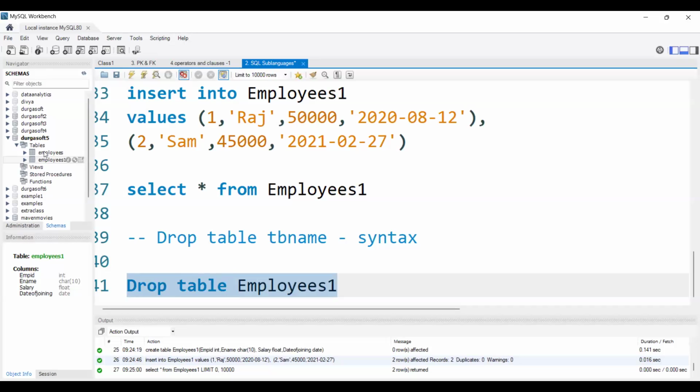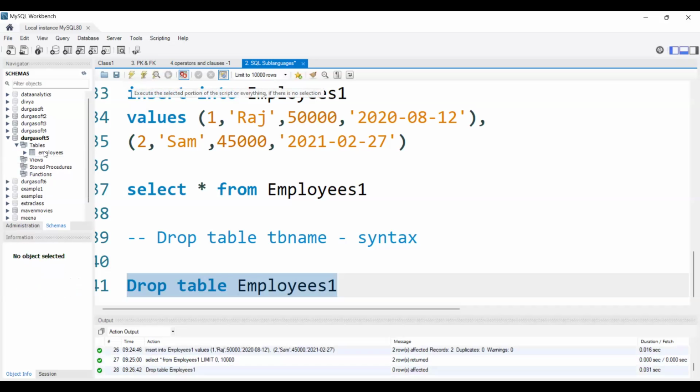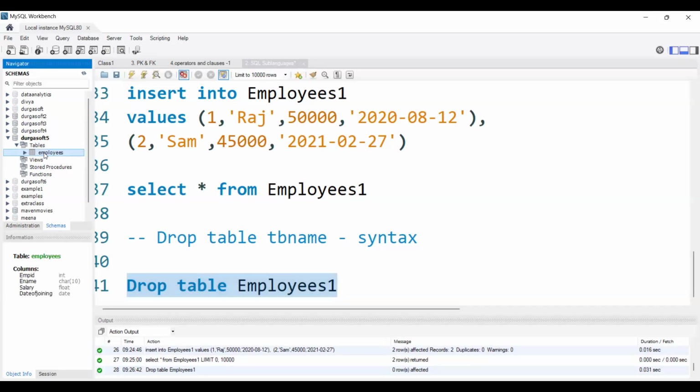Okay, before executing we have two tables here, employees and employees one. I selected and I'm executing. Okay, if you can see, employees one is completely removed from the database, right? I have only employees here because I removed this complete table. That is, whenever I use drop command, we can delete the complete table from the database.